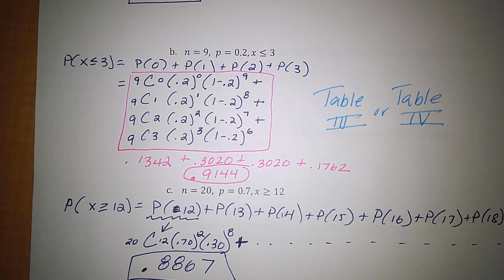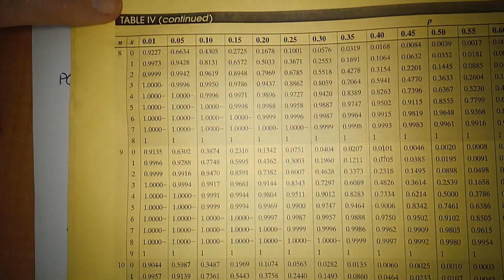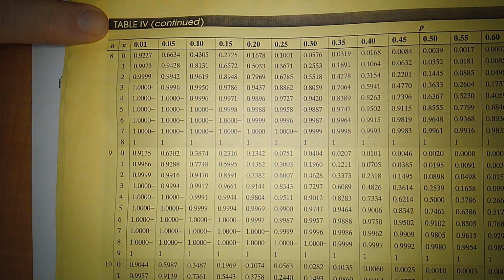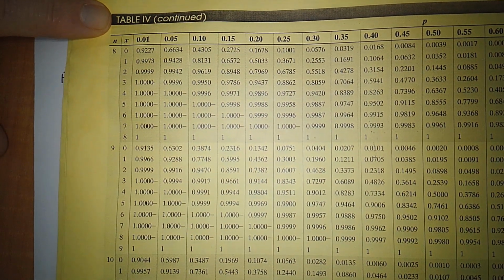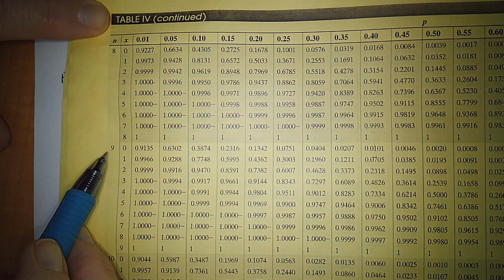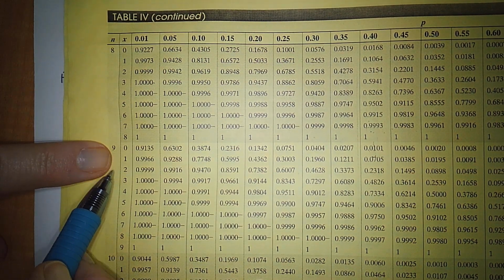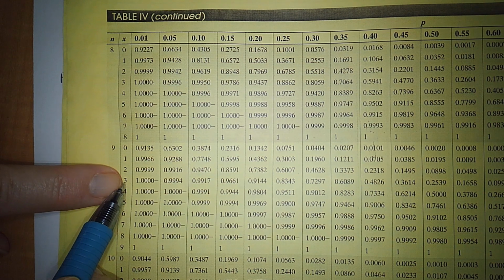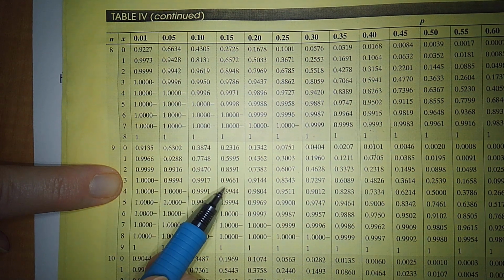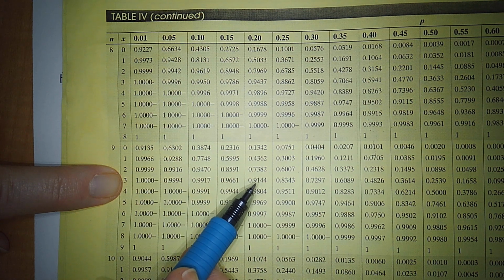It tells you what the probability is at a value or anything less than that. So if I switch over to table 4, which is the cumulative table, I go back to my n is 9, and then I look up a total successes of 3, with a 20% likelihood of occurring. You're going to get